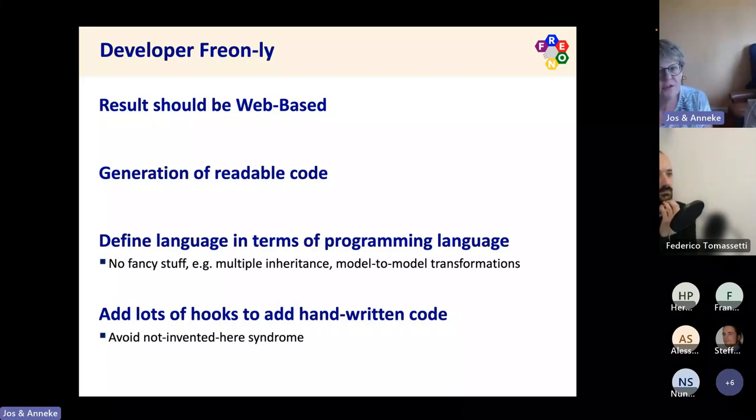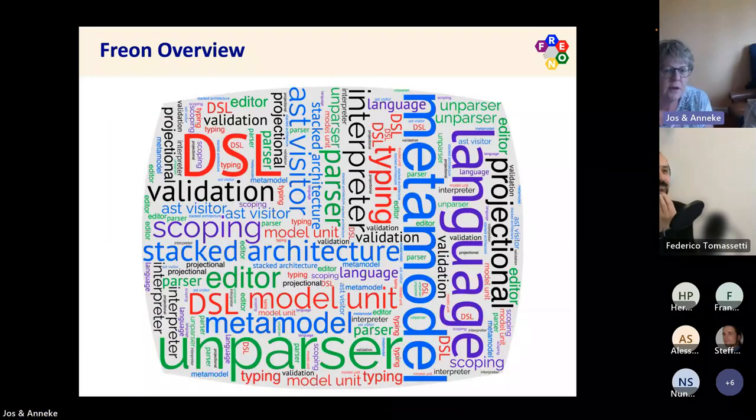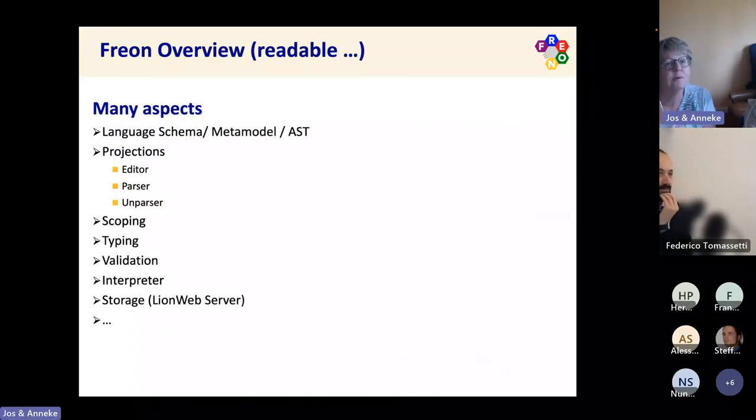So we wanted to have something that gives this approach. So this is Freon, but as you can see, it's a bit messy. So let's have a more readable overview of Freon.